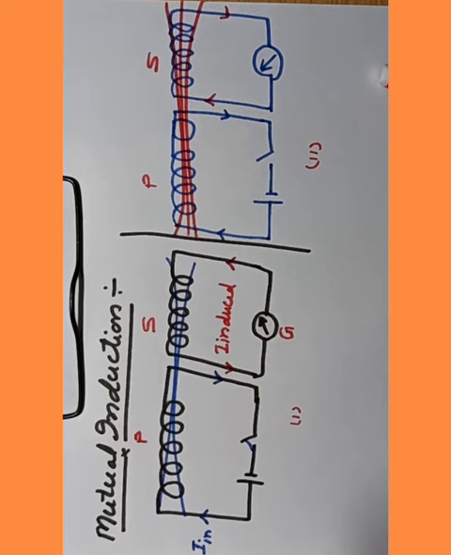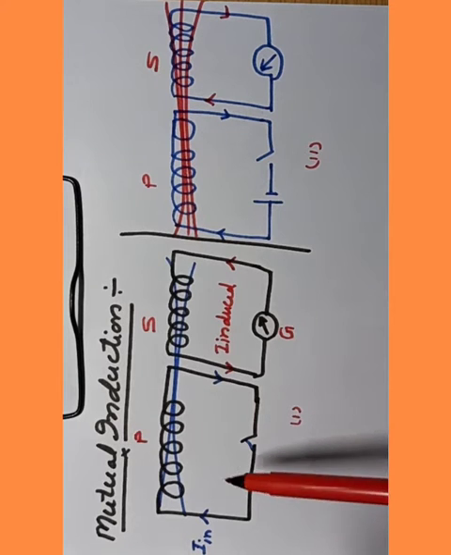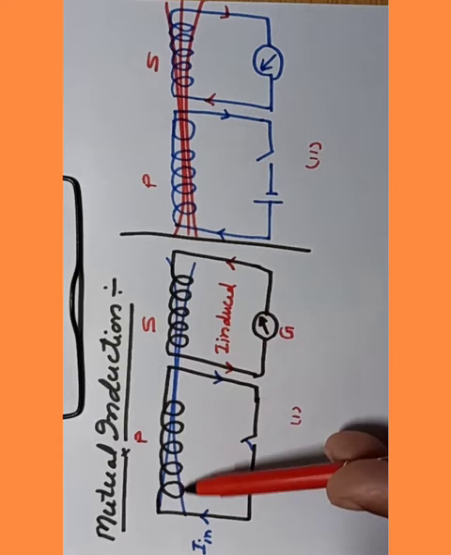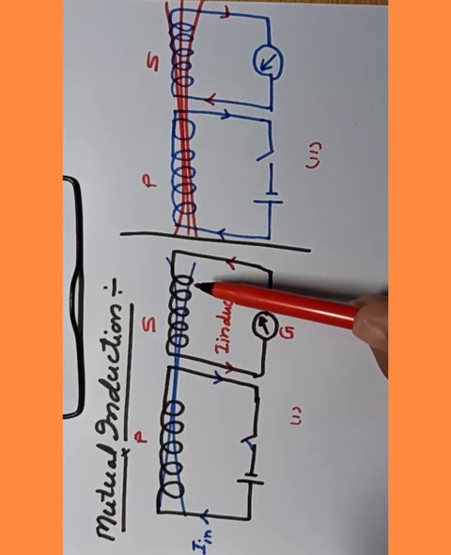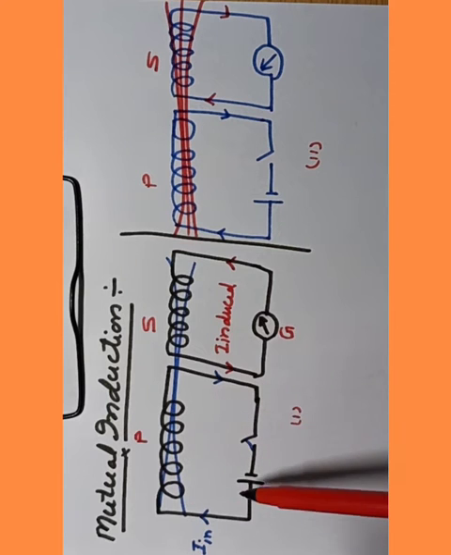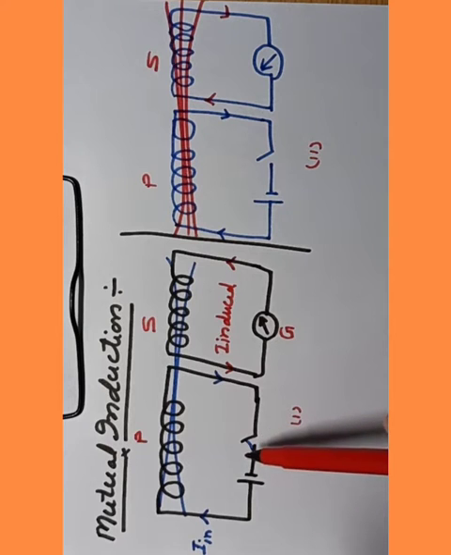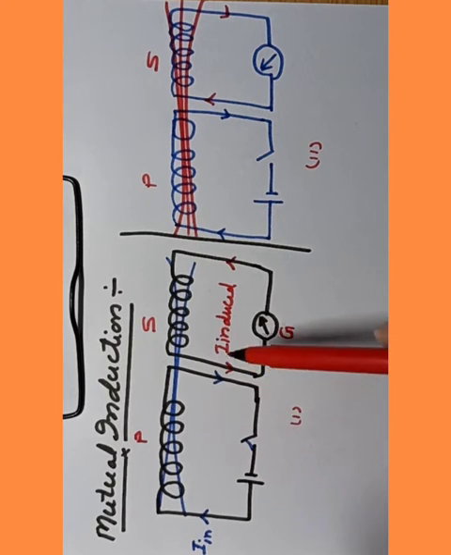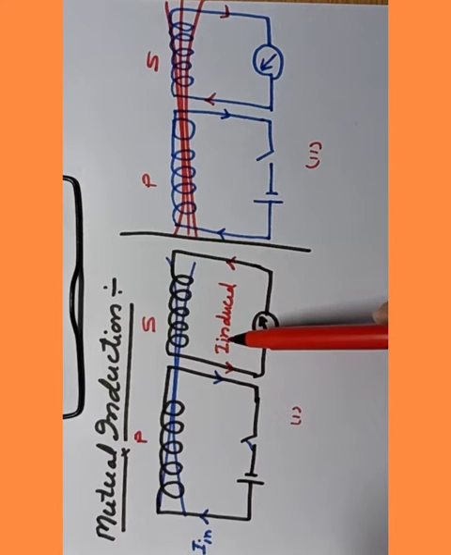Mutual means पारस्परिक, that is, if two coils are placed coaxially with each other such that current is varied in one of the coils, then induced current is produced in the neighboring coil. You can see in the diagram, first two coils are placed along the same axis. You can call it coaxial. In the first coil, we call it the primary coil, the battery is connected along with a tapping key. In the neighborhood where induction is obtained, we call it the secondary coil, which is connected only with a galvanometer.